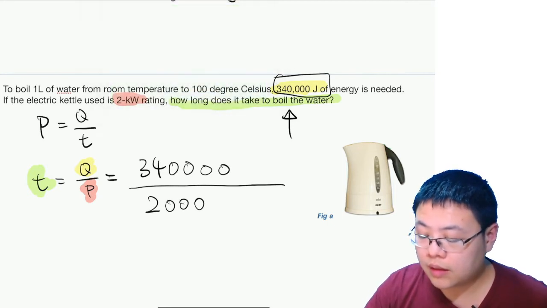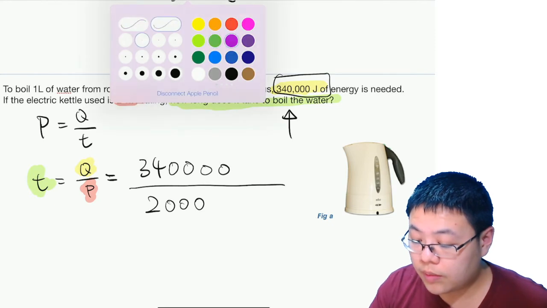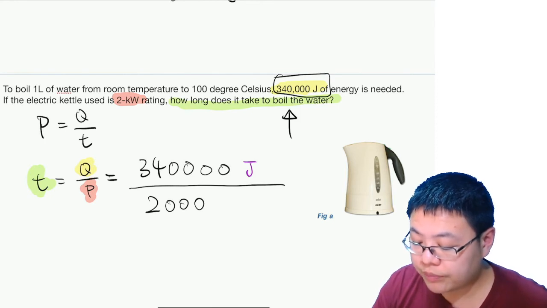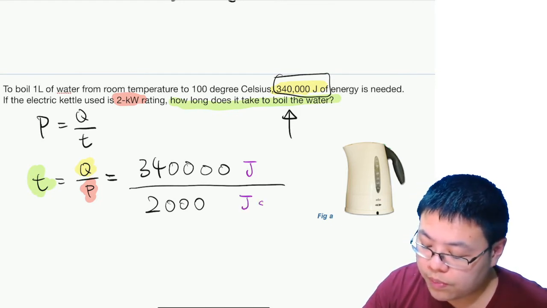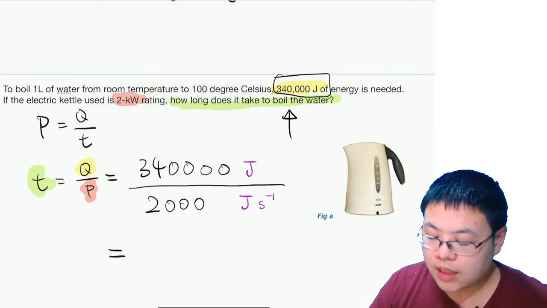Let me write the unnecessary part in green or purple. Okay, and the unnecessary part is the unit. You do not need to write that. And then kilowatt here is watt, so you can also write it as joule per second. And so the answer is